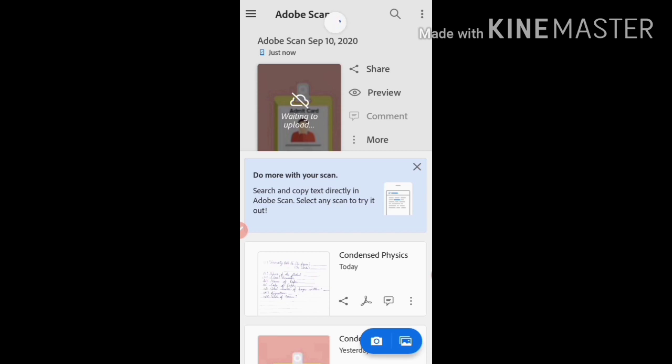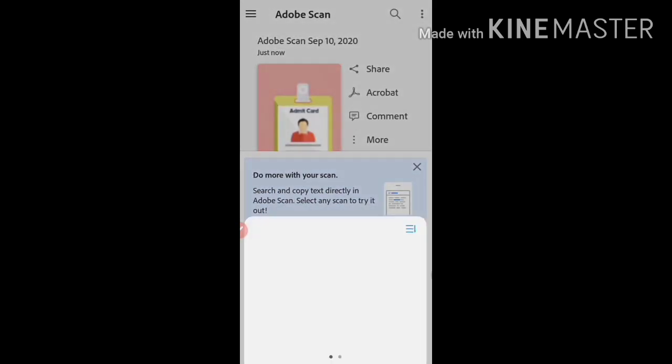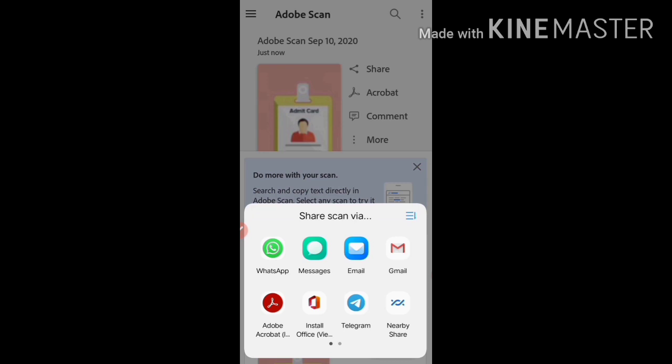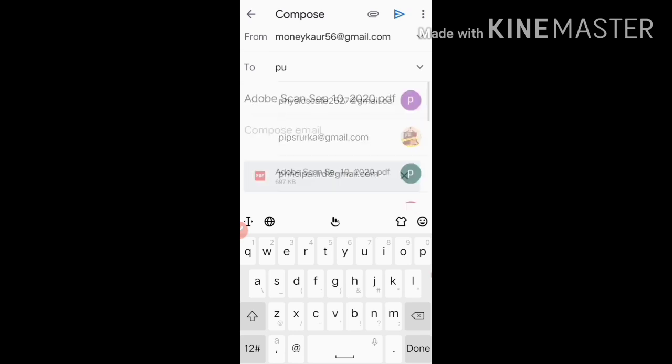You have to wait. Finally, you share your attachment with the email ID which was provided by Punjab University, Chandigarh. From here, you can add PU Chandigarh.